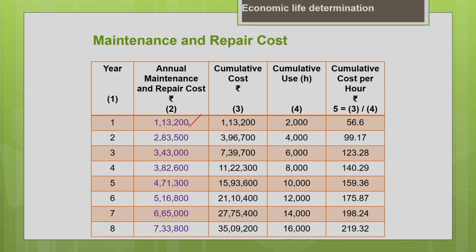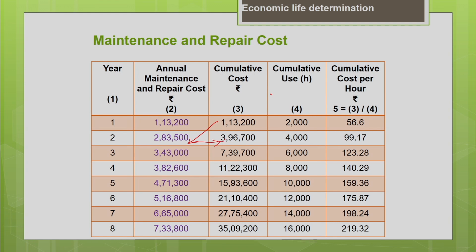So, every year annual maintenance and repair cost is given. Now, you find the cumulative cost, because everything is done on cumulative basis. Find the cumulative maintenance and the repair cost for every year. You just add it. The first year cost with the second year cost, if you add it, you will get the cumulative cost at the end of